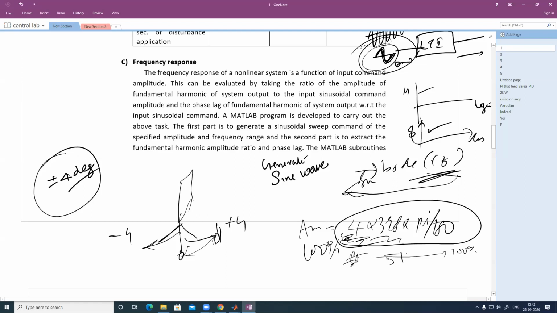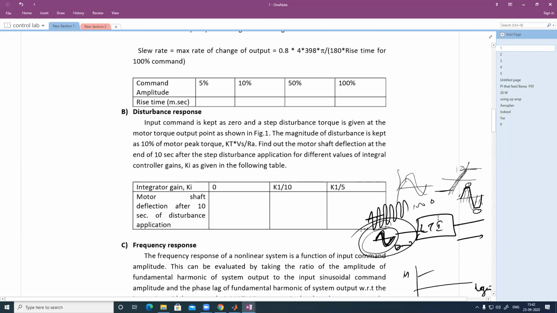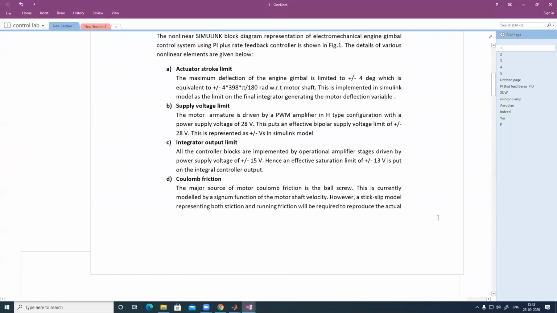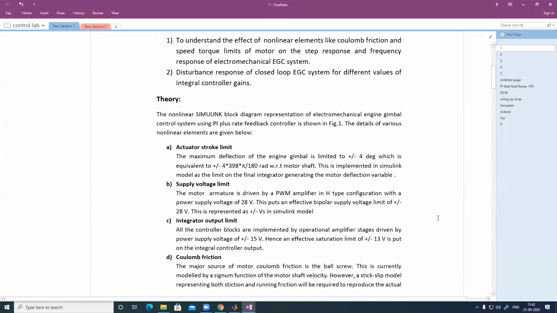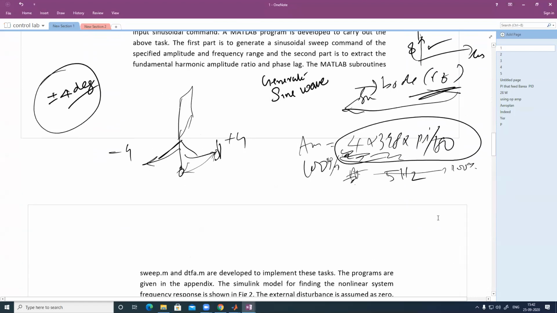This system is working at 5 Hz as bandwidth. Sir, how are you saying this is 5 Hz? I can take 10 Hz also, right? This system has 5 Hz bandwidth only. How are we fixing the frequency of the system? We are not fixing the frequency of the system. We are designing a structure and other things, so the frequency is coming from that design parameter. We are not fixing anything.